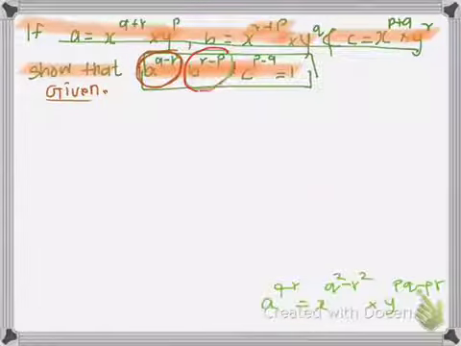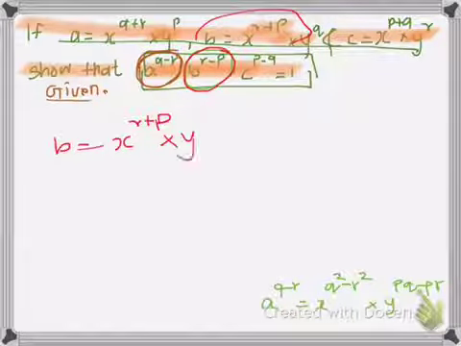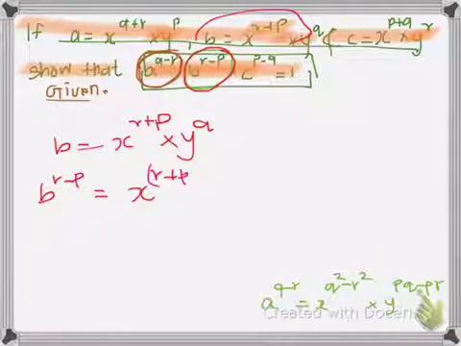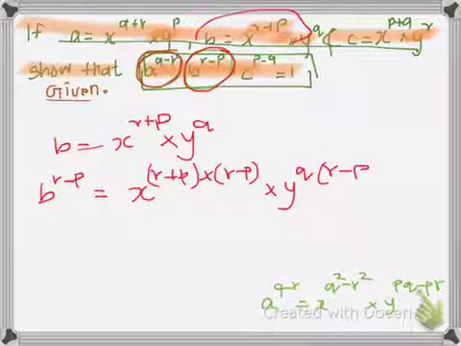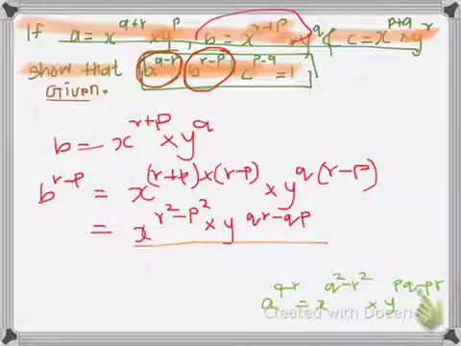To find b to the power r minus p, here we are given the value for b. Over here, b is equal to x to the power r plus p times y to the power q. So in order to find b to the power r minus p, let us multiply its power by r minus p. So in doing so, we have to multiply the power on the right hand side also by r minus p. Similarly, for the power of y, we have to multiply it also by r minus p. So on simplification, we get x to the power r squared minus p squared times y to the power qr